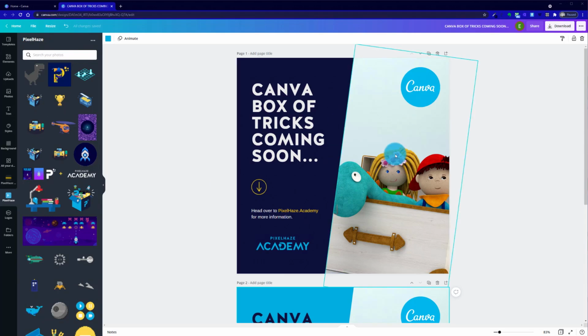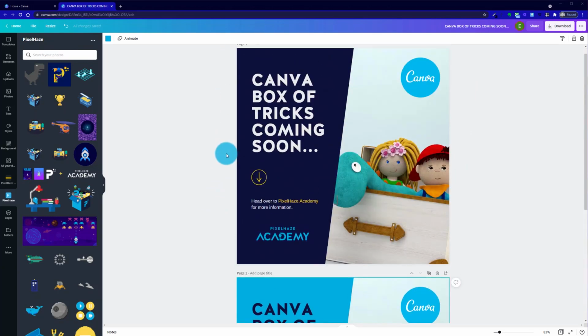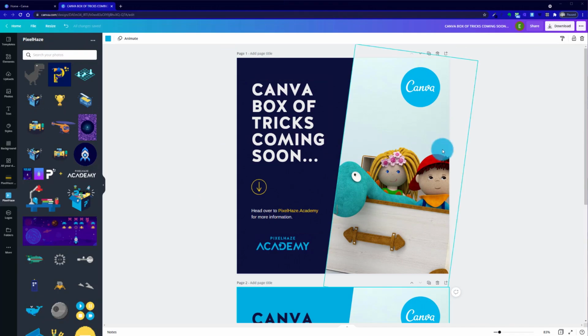Now we've designed our graphic, we've also got it matching our brand. We're going to show you a few examples of how we can work with the different artboards here on Canva. You may call them pages, it doesn't matter too much as long as we've got a good idea of what they do. So first of all, we can add a page title. So we could call it sample 1